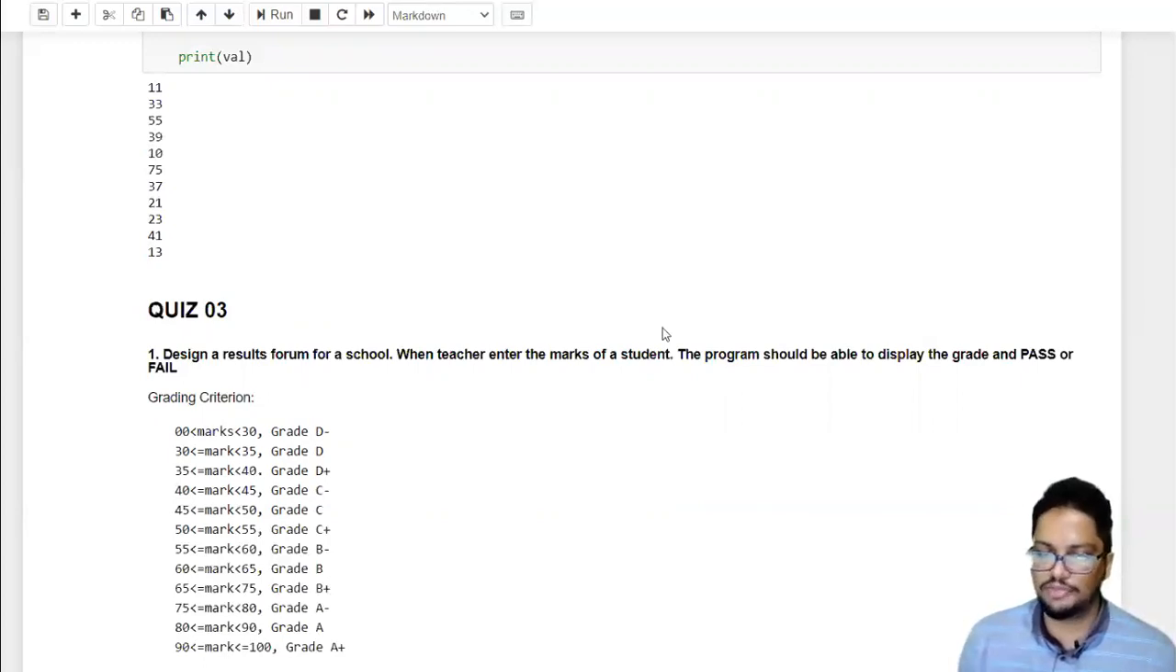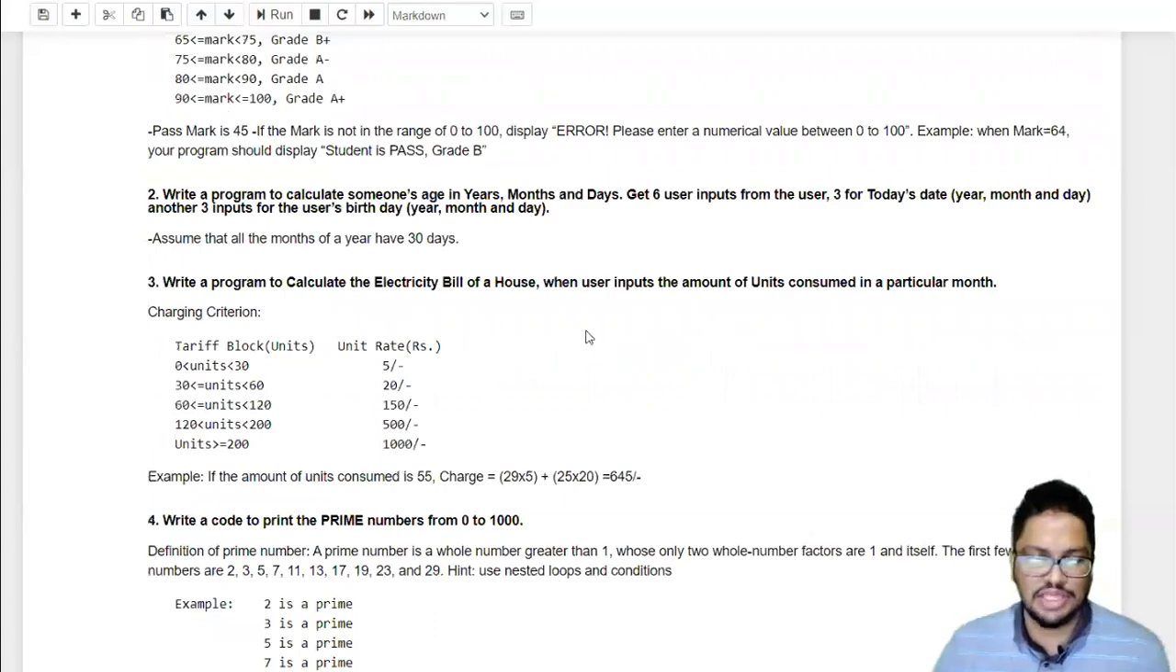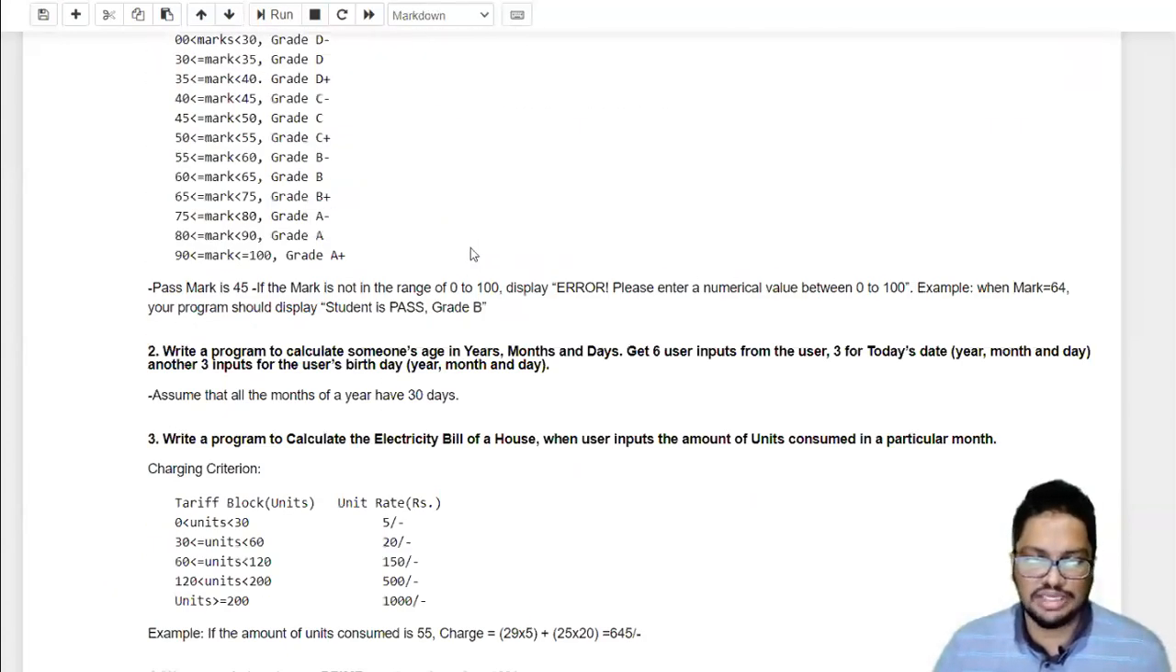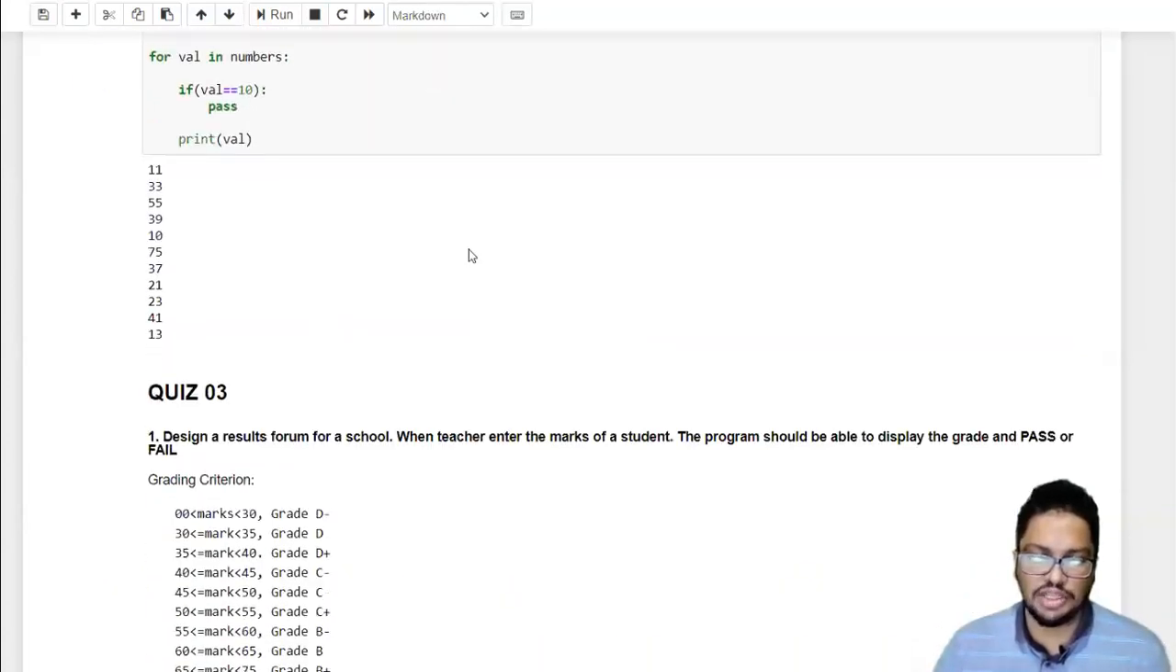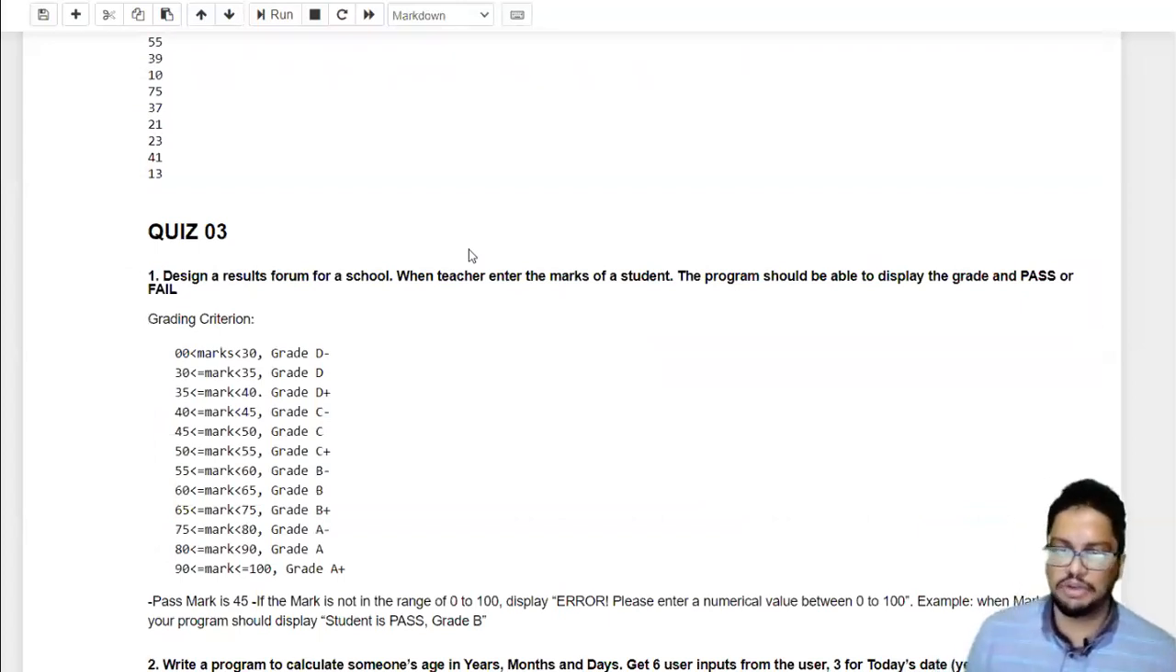I'm not going to help you. You can implement your own code, and after I provide the answers, you can compare your answers with my answers and check whether what you have done is correct. So I will keep these questions for you. These questions are based on the things that we implemented in loops, repetition,